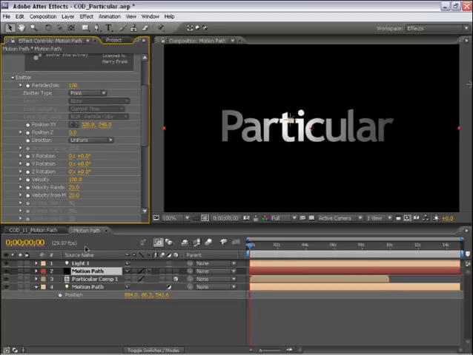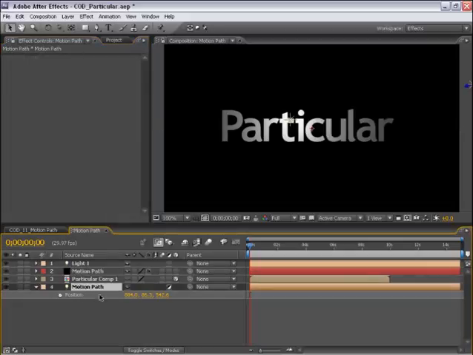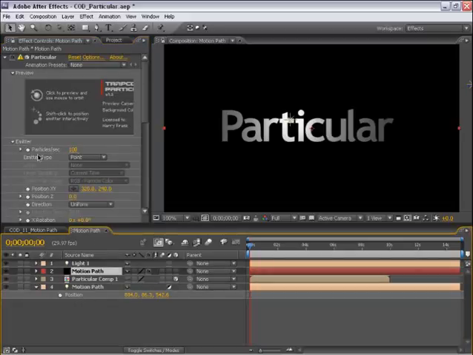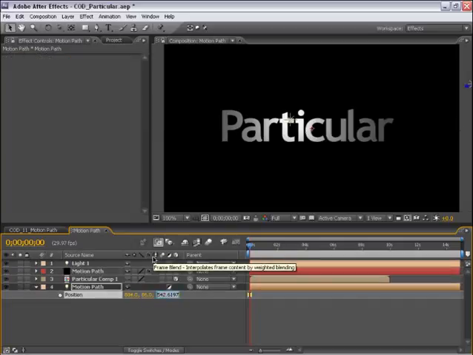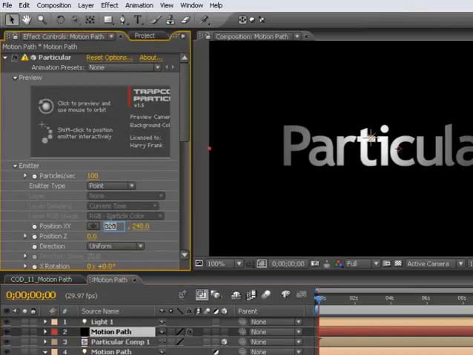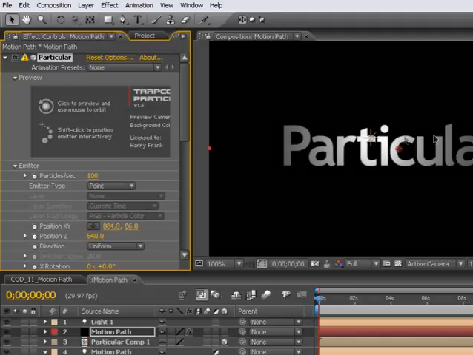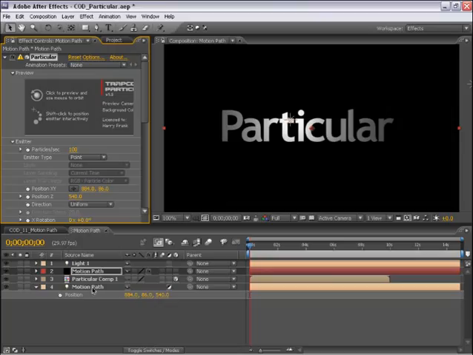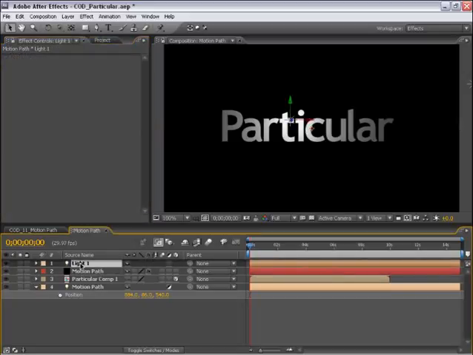So first thing I need to do is align my motion path position with my emitter position. So right now, these are my starting positions for my motion path. And I'm just going to dial in some even numbers here to make it a little easier. And I'll go into the motion path here and type in those same numbers. So again, all I'm doing is just aligning my emitter and my motion path. We don't have to do this, but it makes life a lot easier, and it's a lot easier to understand where things are going when these two points are aligned in 3D space. So now, if I move this motion path,